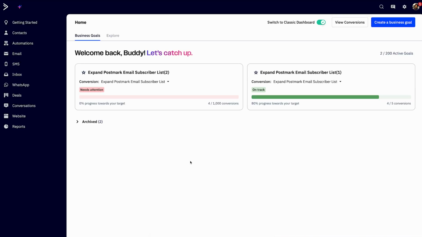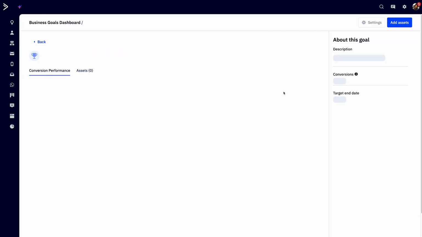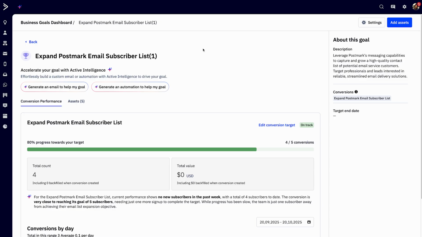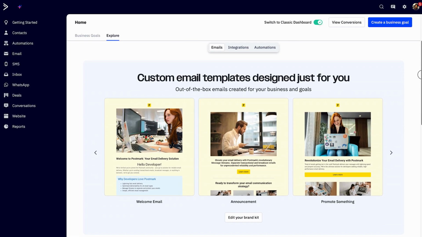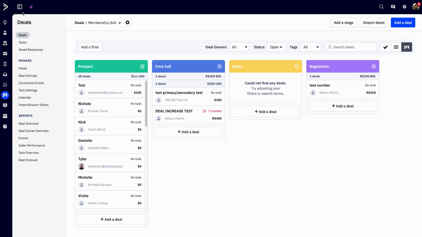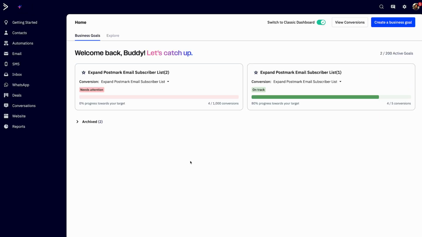Once you log in, you'll be presented with the Goals dashboard. This is your home page where you can track your success with business goals at a glance and access Active Intelligence features. You can always return to the Business Goals dashboard by clicking the ActiveCampaign icon at the top left